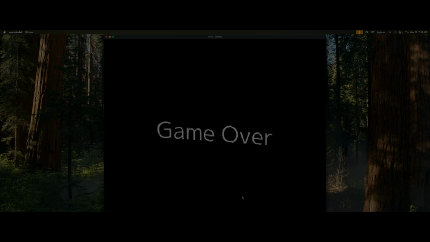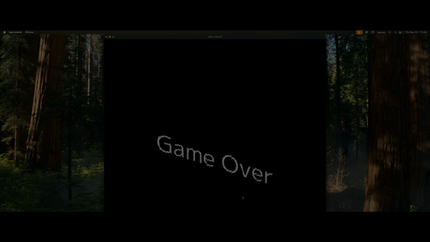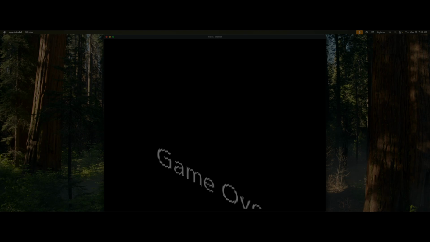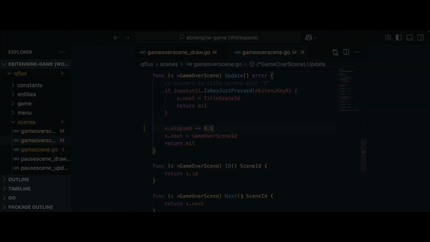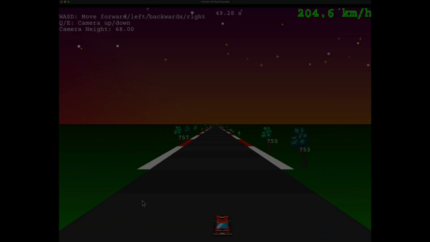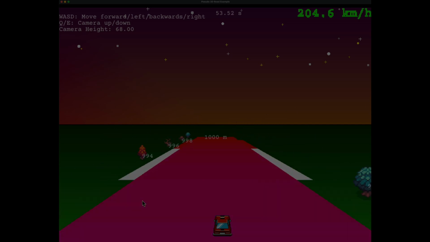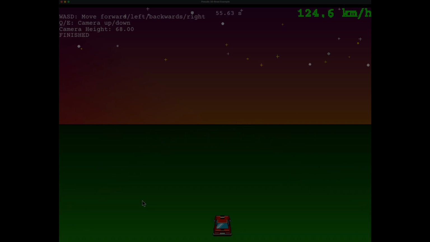The simple melt effect works here and gives the game over screen a sense of finality. The slower melt speed allows the player to think about their mistakes and reflect on the game so they can do better next time. In the next episode, I will start removing the RPG elements, start drawing the sky and ground for the racing game,